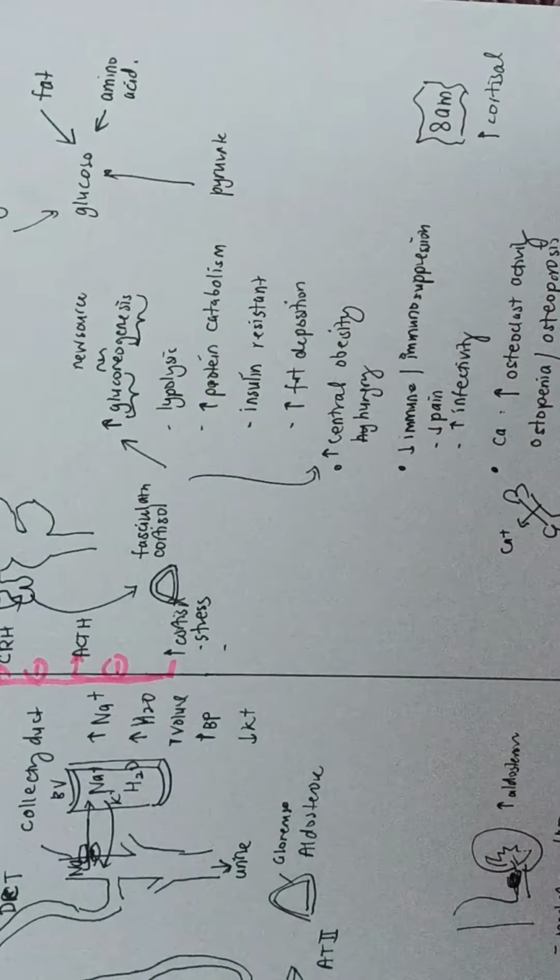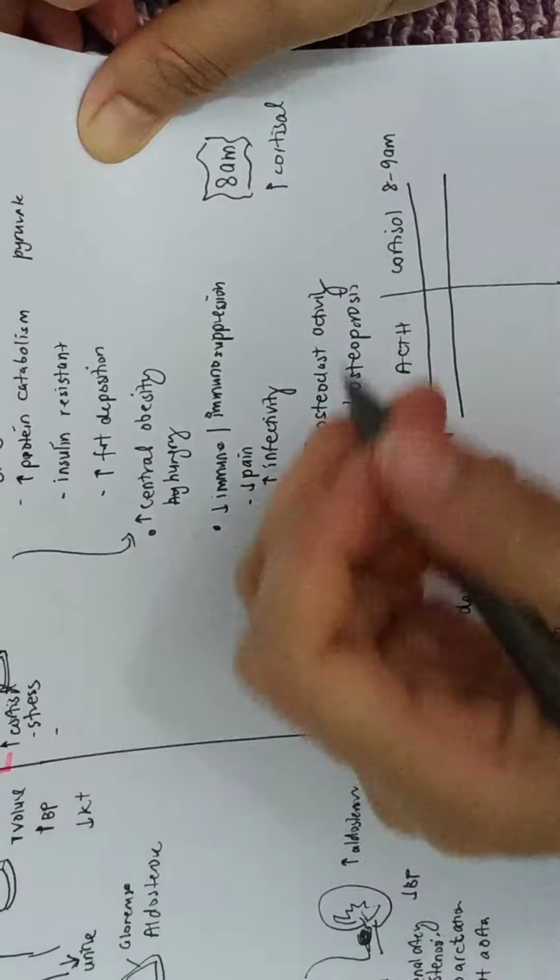So logically, in a normal condition, you're gonna find the ACTH to be low and cortisol will be low because you've given it and it has been enough in the circulation. But in Cushing syndrome, with a small dose of the suppression in the conditions where cortisol is already high, it won't be able to give a negative feedback to ACTH, so ACTH will be high in the Cushing syndrome. So if you found this,